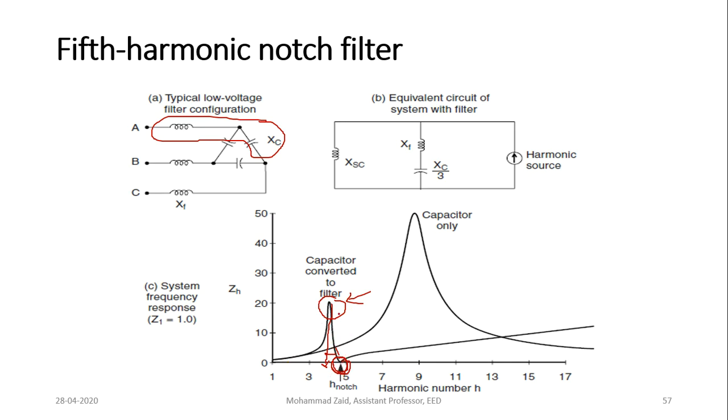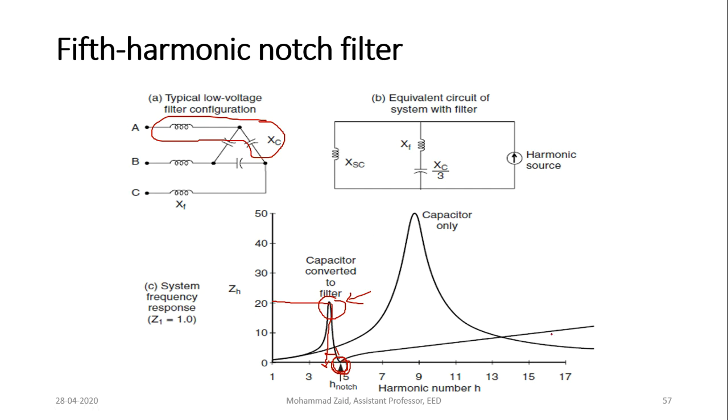Okay, so this part of the curve which goes to high impedance should be avoided, otherwise the harmonic will not be eliminated. You see the impedance is high, this is 20 times. So if you have not designed your frequency components properly, and the notch frequency has shifted here, then the impedance will get high and the harmonic will not be eliminated. In fact the problem can be exaggerated also.